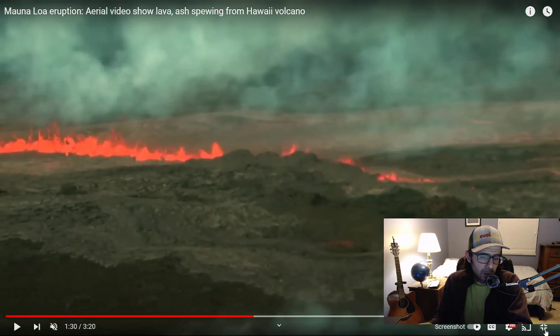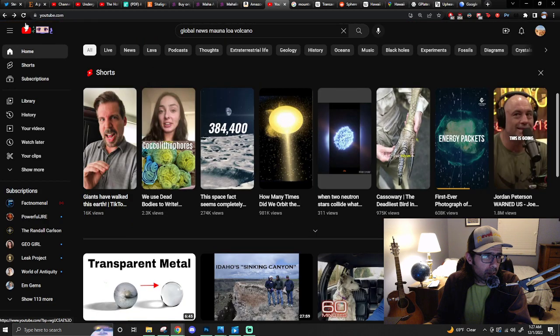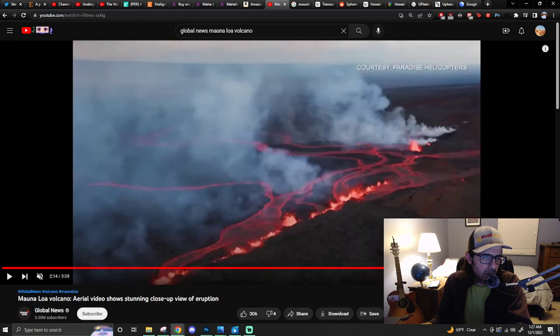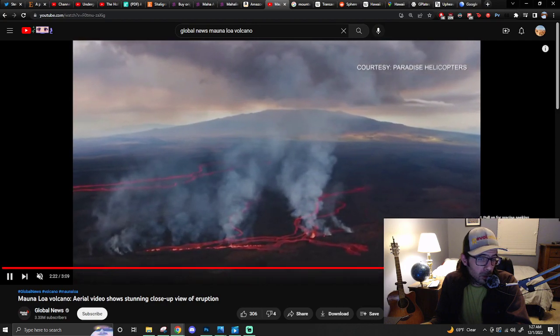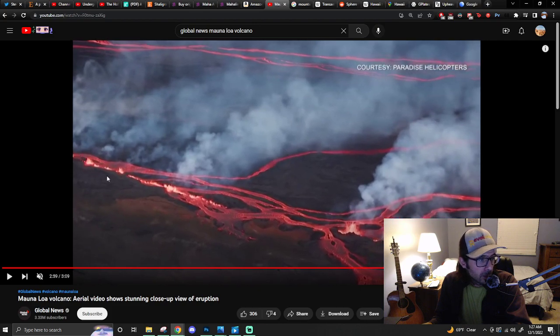But I was thinking this is probably not the best one. Let's just go back to that one. So there's stretches where it's going off, and then stretches it's not, and then stretches it's going off. I don't know if this is exactly the image that I was looking for. Kind of like here. My thought is there's basically a big wavelength that's generally up here, and then it's generally down. This isn't the best either, but